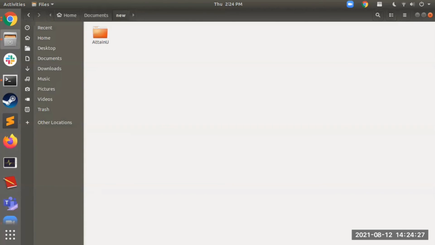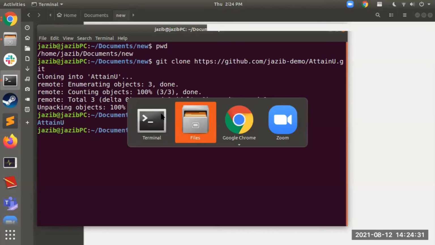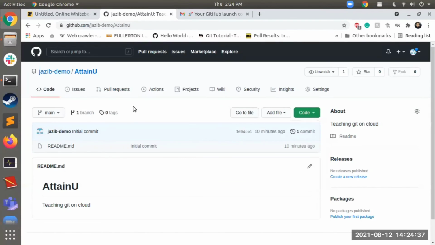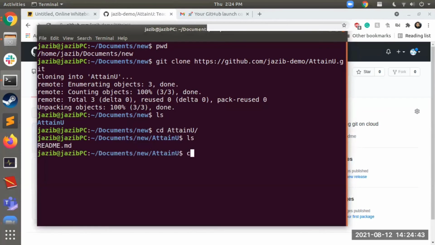If I do ls over here, this Attain is the same folder that was present on the cloud. How can I check that? This README is the only file present inside it. If I go inside the folder Attain and see the files, there is a README. If I see the contents of the README file, it shows me "teaching Git on cloud" and a heading, Attain.